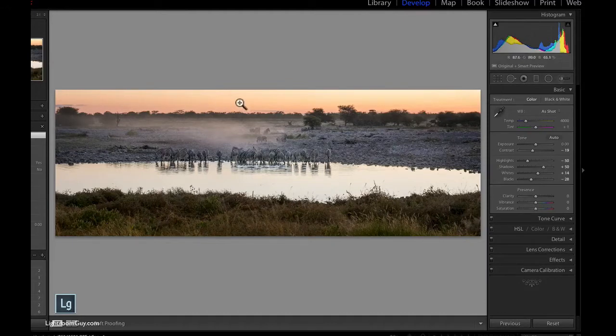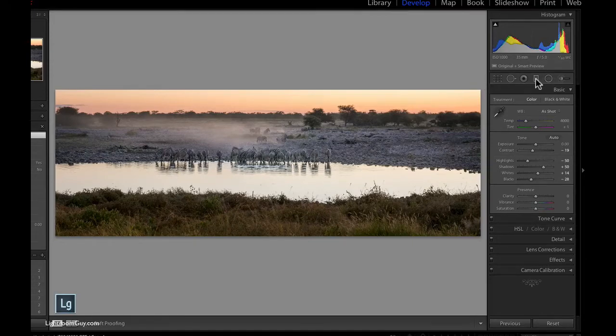So now what we want to do is we still want to continue bringing our focus into our subject, which are the zebra in the center of the picture. And the sky is still really bright, and it distracts away from the visual of the zebras in the center and the bright lake. And the foreground probably we'll want to make that darker too. So let's just start out by going again to our toolbar and choosing the